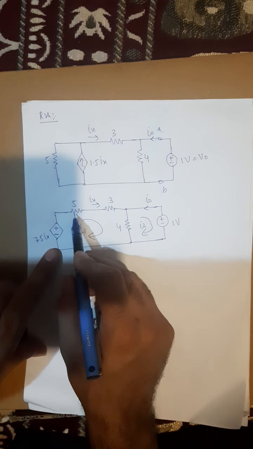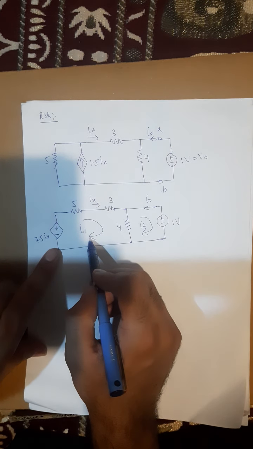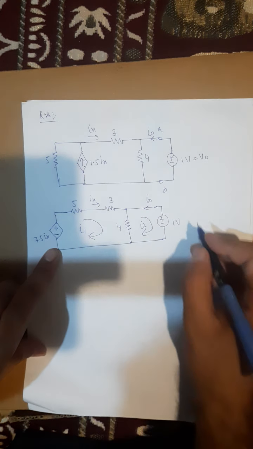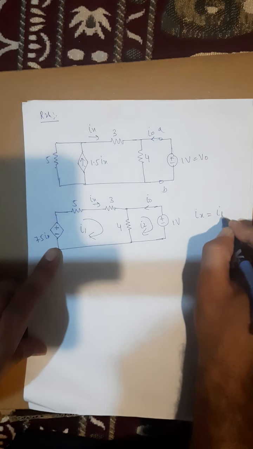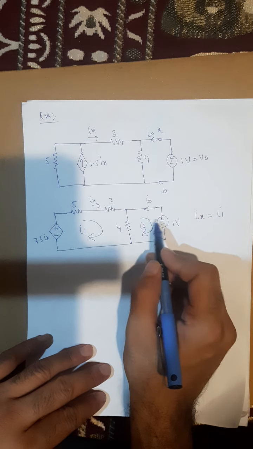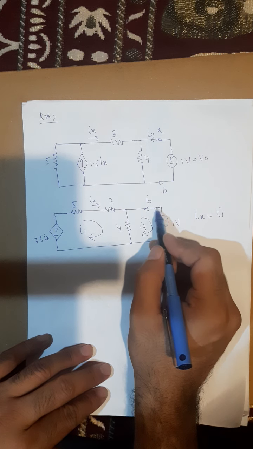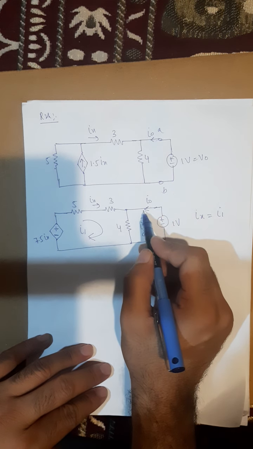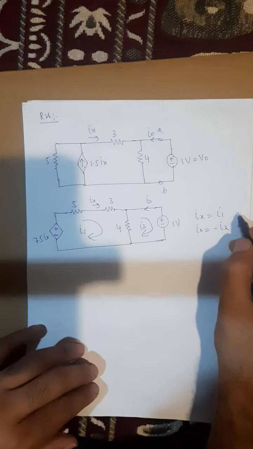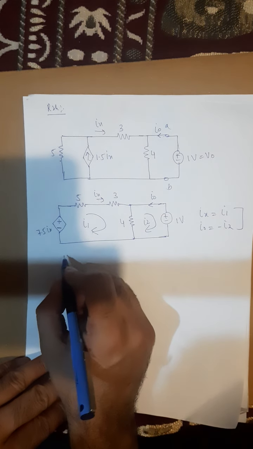If we look at the two loops closely, what is the loop current flowing in the 5 and 3 ohm resistors? The loop current is I1. And the current flowing in this 3 ohm resistor that was given to us was Ix. So I can say that Ix is equal to I1. What is the current flowing in loop 2? Loop current I2. But the branch current flowing is I naught. I2 and I naught are in opposite directions, so I can write I naught is equal to minus I2. Just remember these 2 points. Got it? Now I will apply KVL in mesh 1.